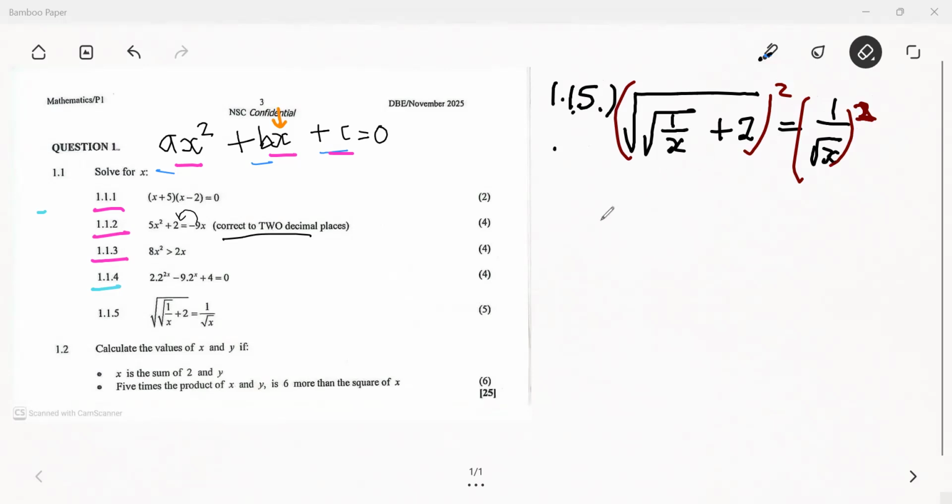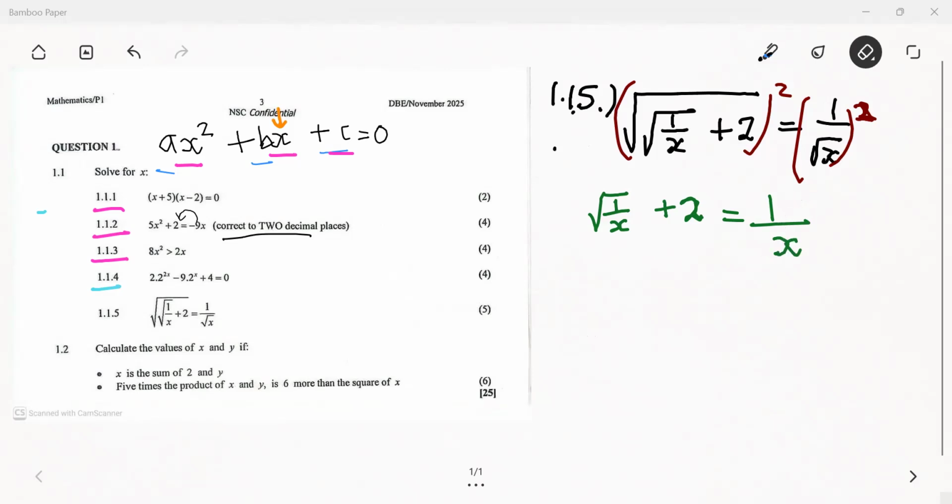Okay, square both sides, I'm going to be left with the square root of... Now, here's another thing. I can just do it step by step. Square root of 1 over x plus 2. Why is it just that on the left? Well, the square root has disappeared when I square. The inverse operation of square root is square. Then here, square the top and square the bottom. Square 1, you get 1. When you square something, the square root disappears. So the square root of x squared just becomes